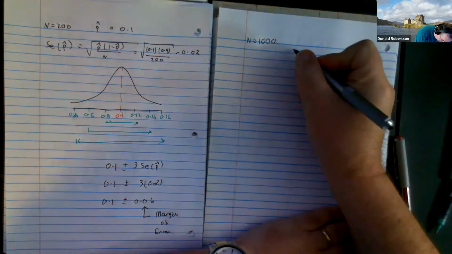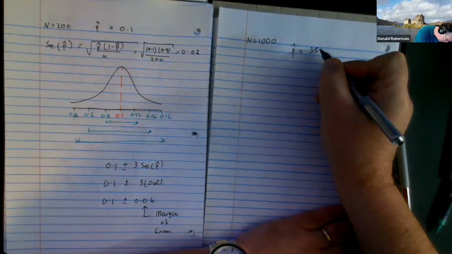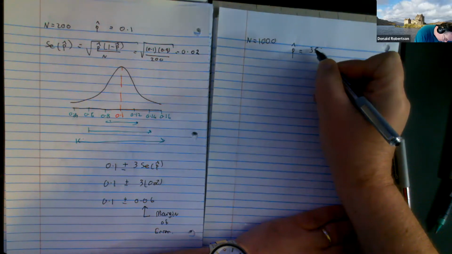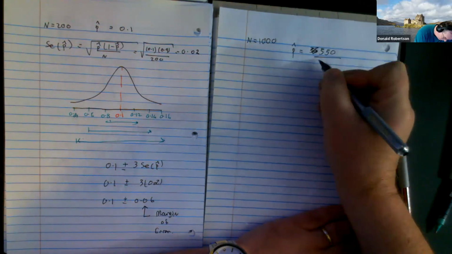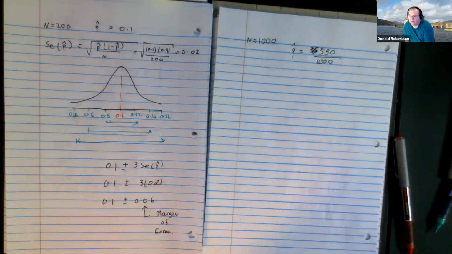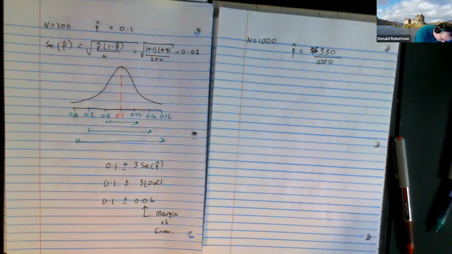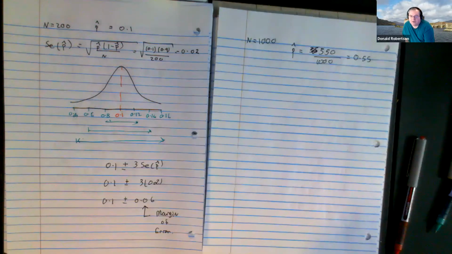And we found out that, let's do 550 of them, because I want to win the election, said yes, I'm going to vote for the Royalist Party. And that ends up being 55%, or 0.55. Now, if you just used that data, couldn't you say, hey, the Royalist Party is going to